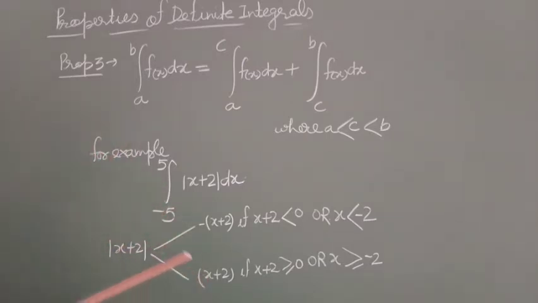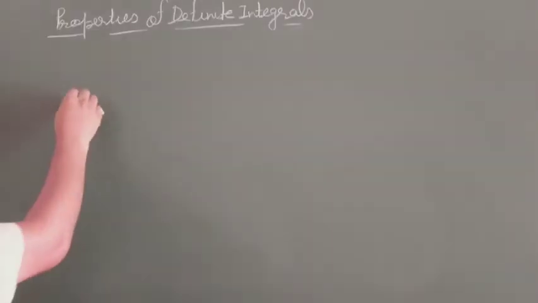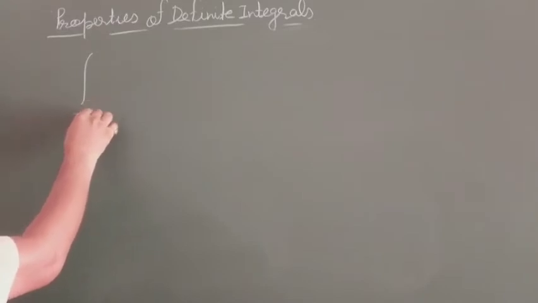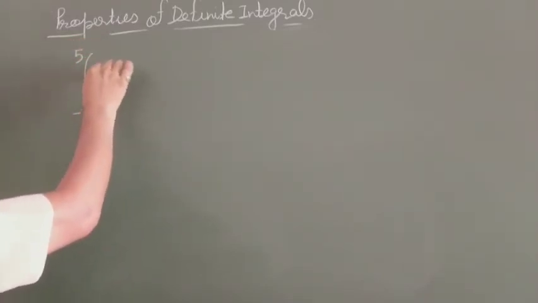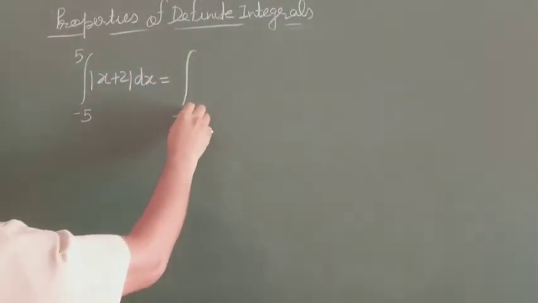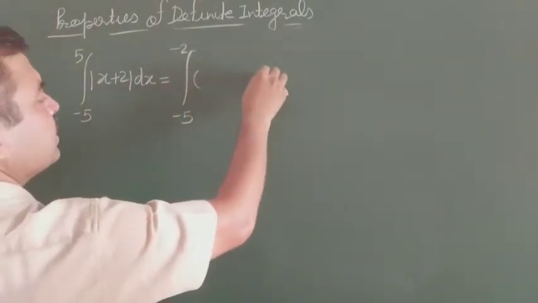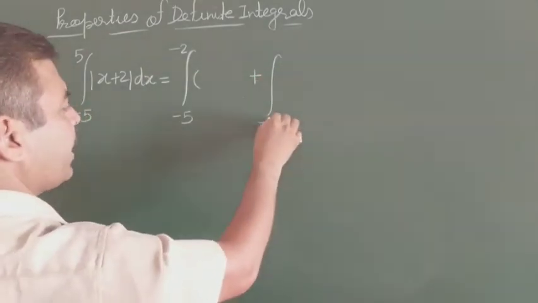Now students, limits are given here, minus 5 to 5. So minus 2 lies between minus 5 and 5, so we can take limits here and change the function. It can be written as, it is given minus 5 to 5, mod x plus 2 dx. So it can be written as minus 5 to minus 2 plus minus 2 to 5,